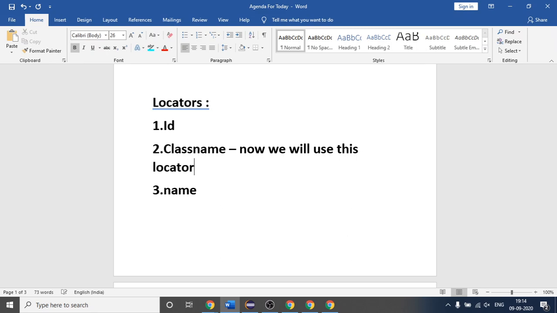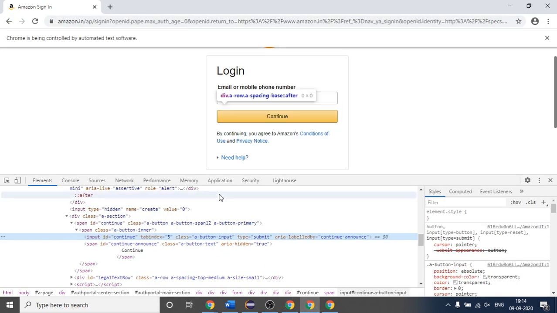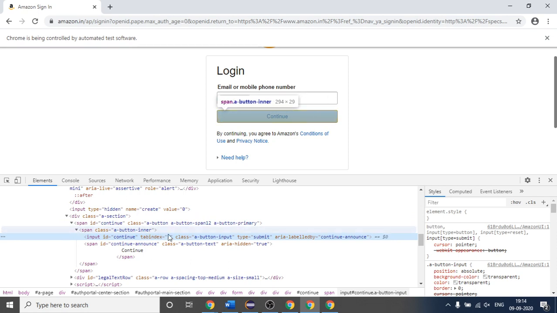You can see, if I come to my Chrome browser and click on this continue button, you will see that highlighted line on my bottom screen. So this is the class name. You can see class is a-button-input. This is my class name, which the developer has used to design that continue button. So I will make use of this class name to click on this continue button, right?